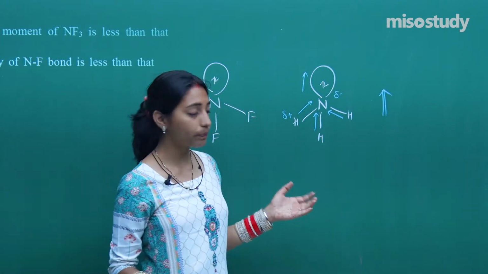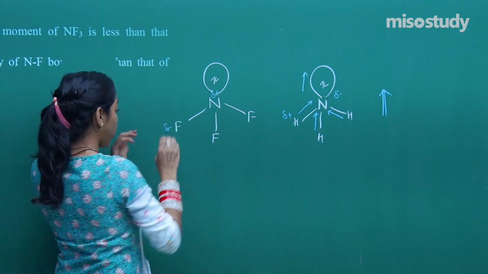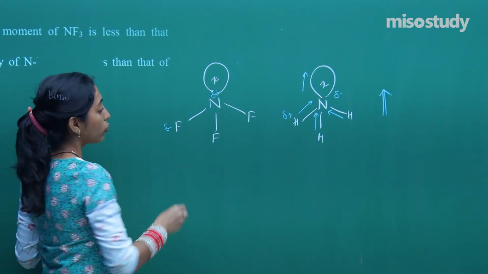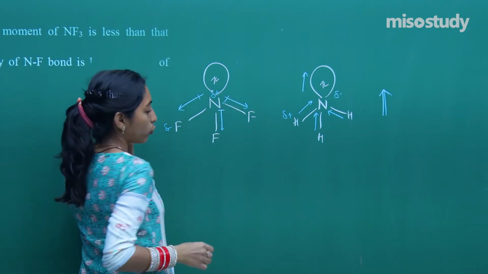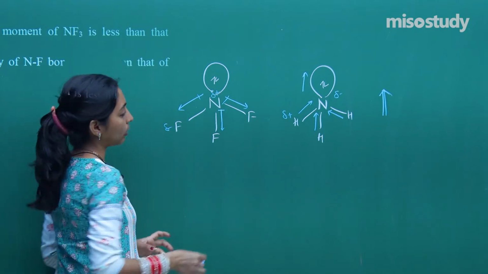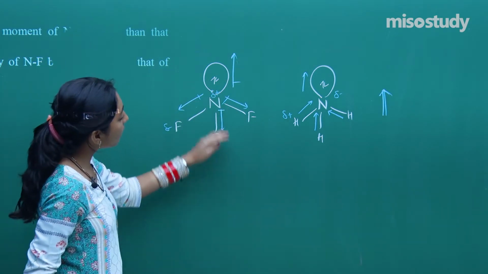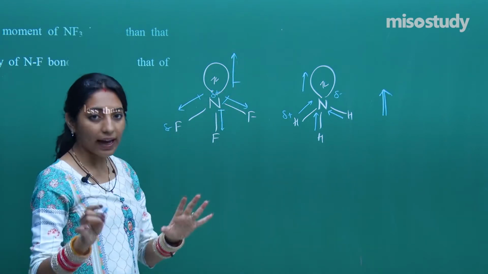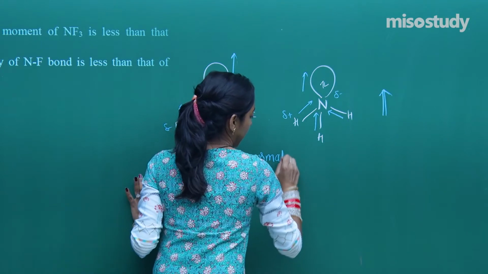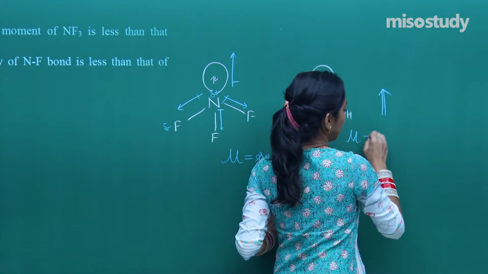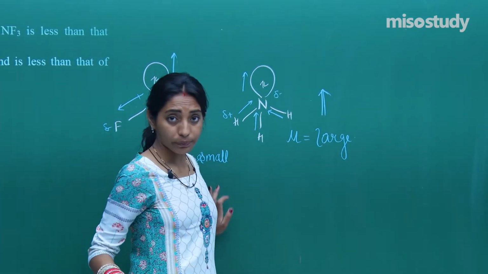in the upward direction. For NF3, now nitrogen is delta plus and fluorine is delta minus. So the dipole moment will be from nitrogen to fluorine. So 3 dipoles are in the downward direction and for the lone pair it goes in the upward direction. So see, 3 are there in downward, 1 is there in upward. So they will get cancelled. So mu will be a small value, whereas here mu was the addition, so it was going to be a large value, right?